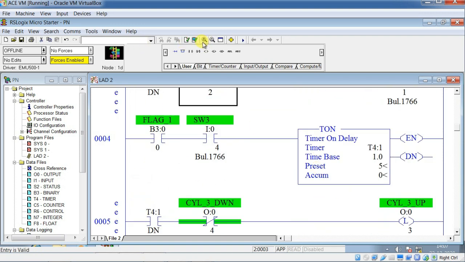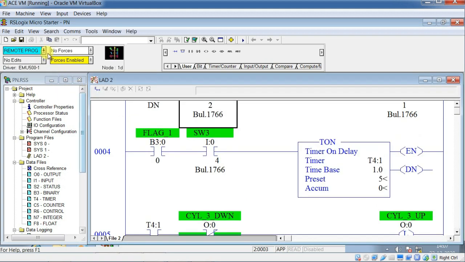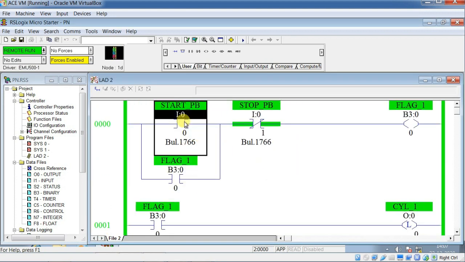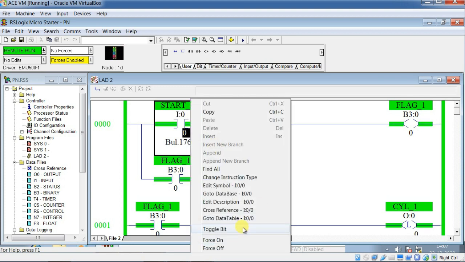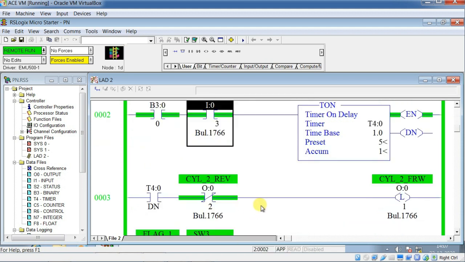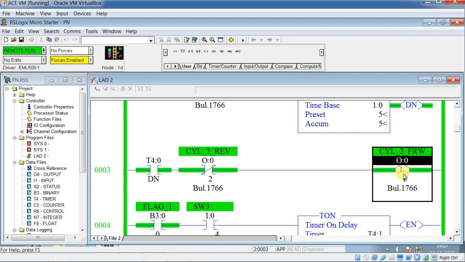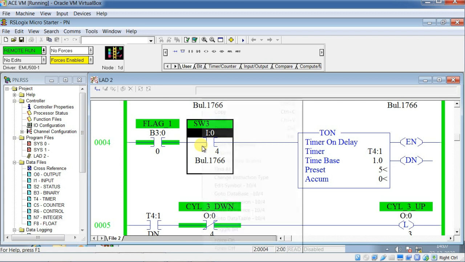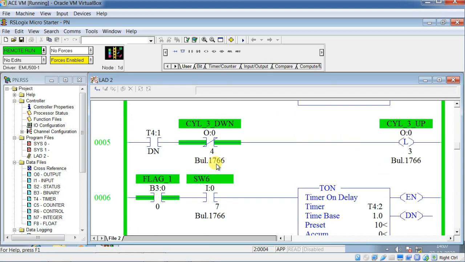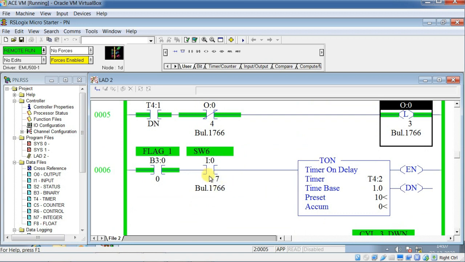Okay, so let's check that. So these interlocks are very important. Okay, so again toggle the start push button. Cylinder 1 is on. When switch 2 is on, this will give a delay of 5 seconds. Then the forward cylinder will turn on, and when cylinder 2's forward movement is detected, then after a delay of 5 seconds, cylinder 3 will move in the upward direction, and when